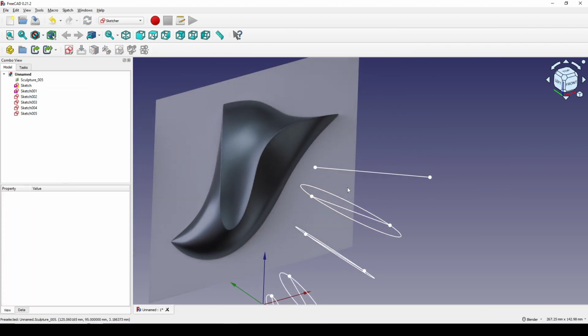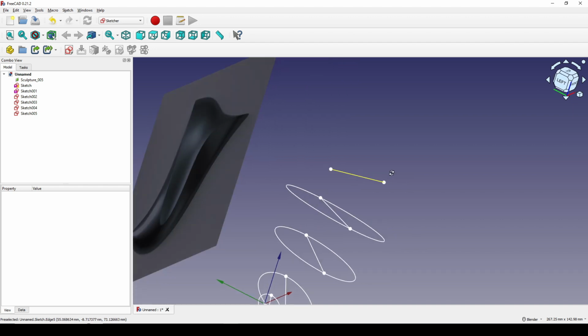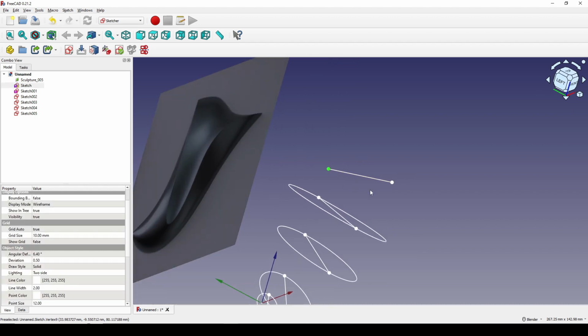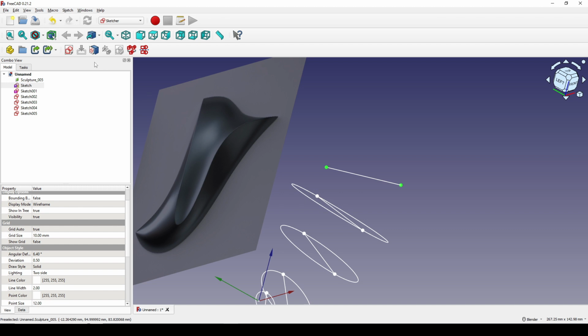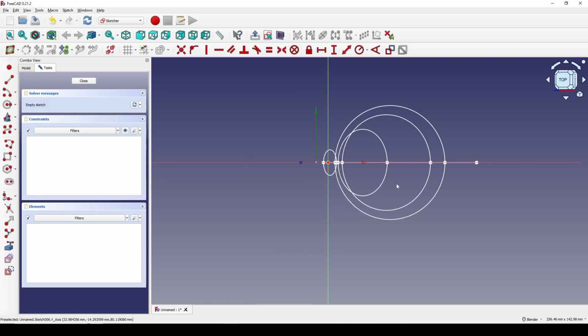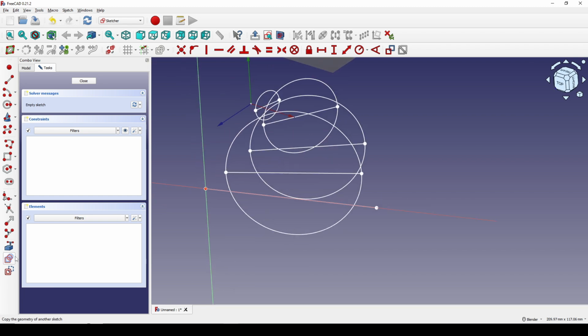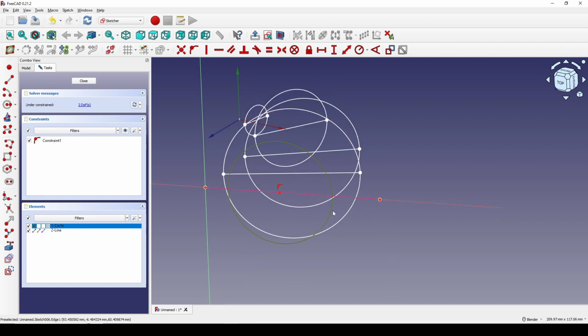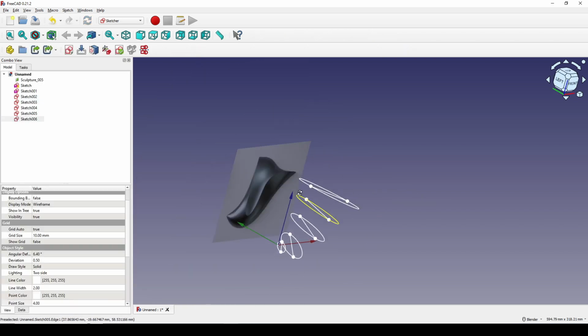And the last one, reference, create circle, select the circle and this point, set a constraint, the circle and this point, set a constraint, close that. Alright,